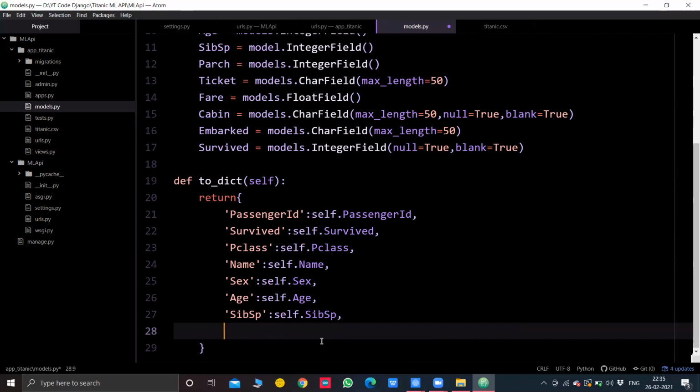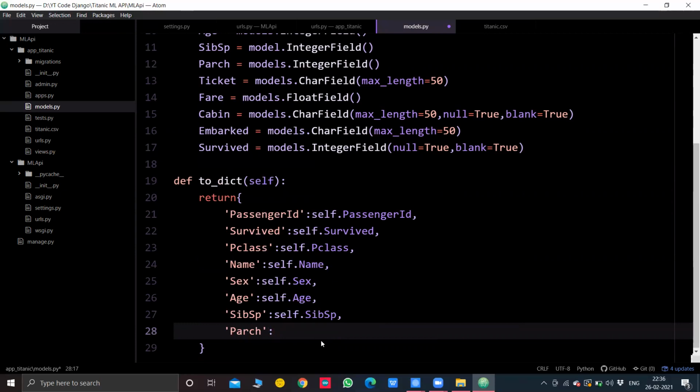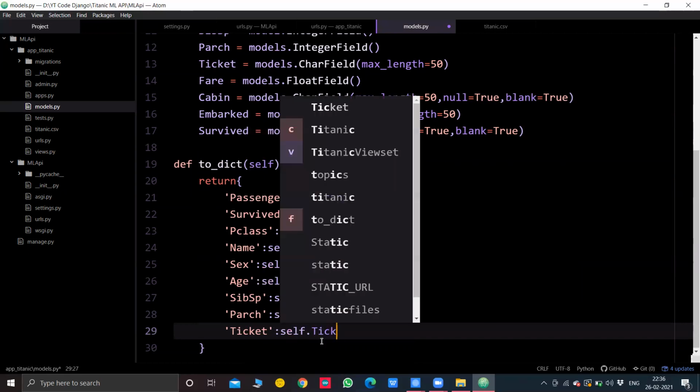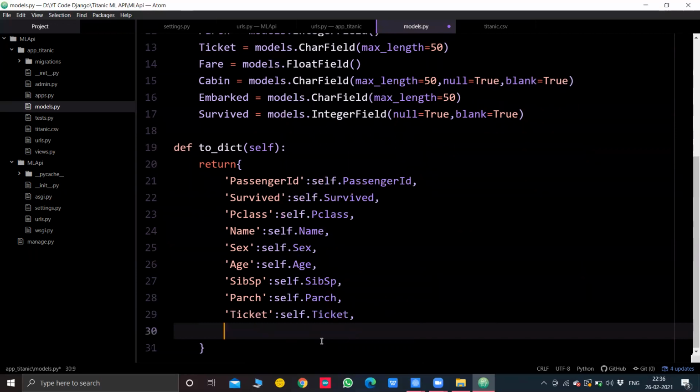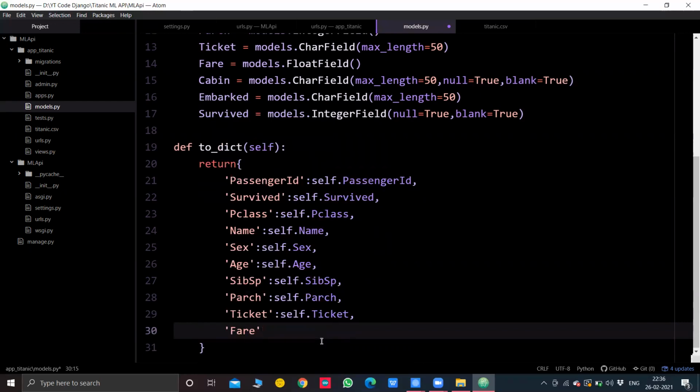Then we have PR. Self.PR. Ticket. I know it's a bit long, but please hold on. Self.ticket and fare. Self.fare.